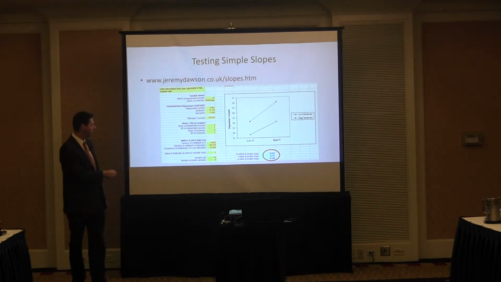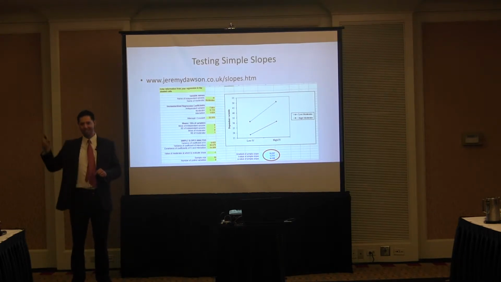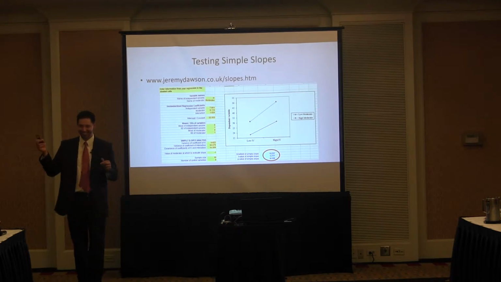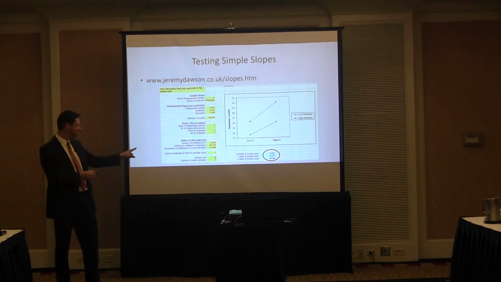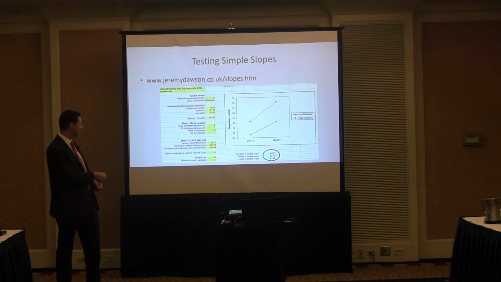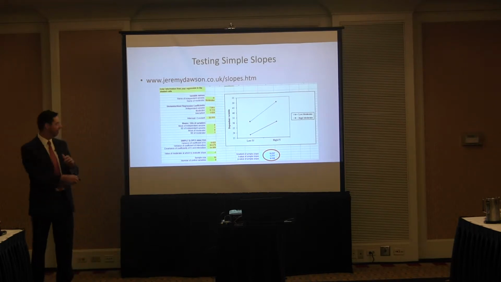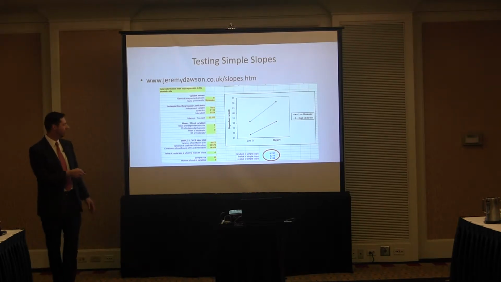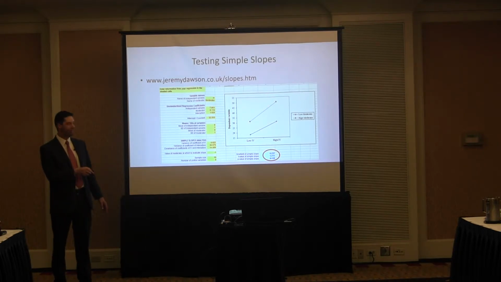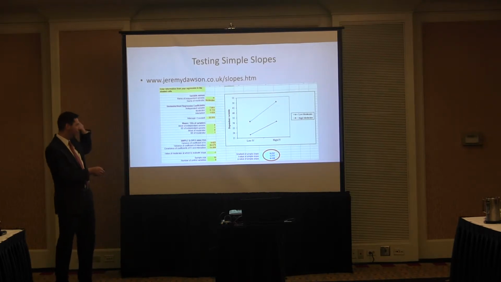You can write in the number here, -2, and then it would be 2 standard deviations high or 2 standard deviations low. I've noticed some people do that, where I'm pretty sure it's not significant at 1 standard deviation high and low, but it is at 2. Whatever, test it at whichever level you want, put in your sample size, and it'll tell you here if this p-value is less than 0.05, that this individual slope is significantly different than a flat line of no change at all. So when we test the simple slopes, we could talk about it with labels like this: there is a significant increase in the outcome variable as they're increasing in the predictor, in the condition of the high moderator.